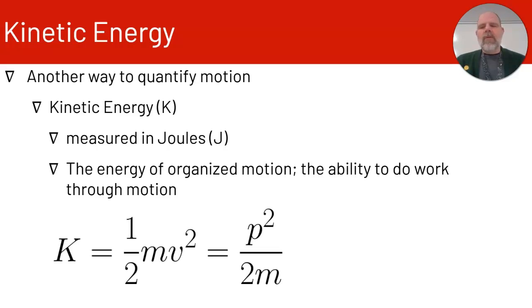And so when we equate kinetic energy with momentum, kinetic energy is 1/2 mass times velocity squared, and in terms of momentum it is p squared over 2m. So when we're equating momentum to kinetic energy, we have to square the momentum. So imagine m squared times v squared divided by 2m, so that it's equal to the kinetic energy.